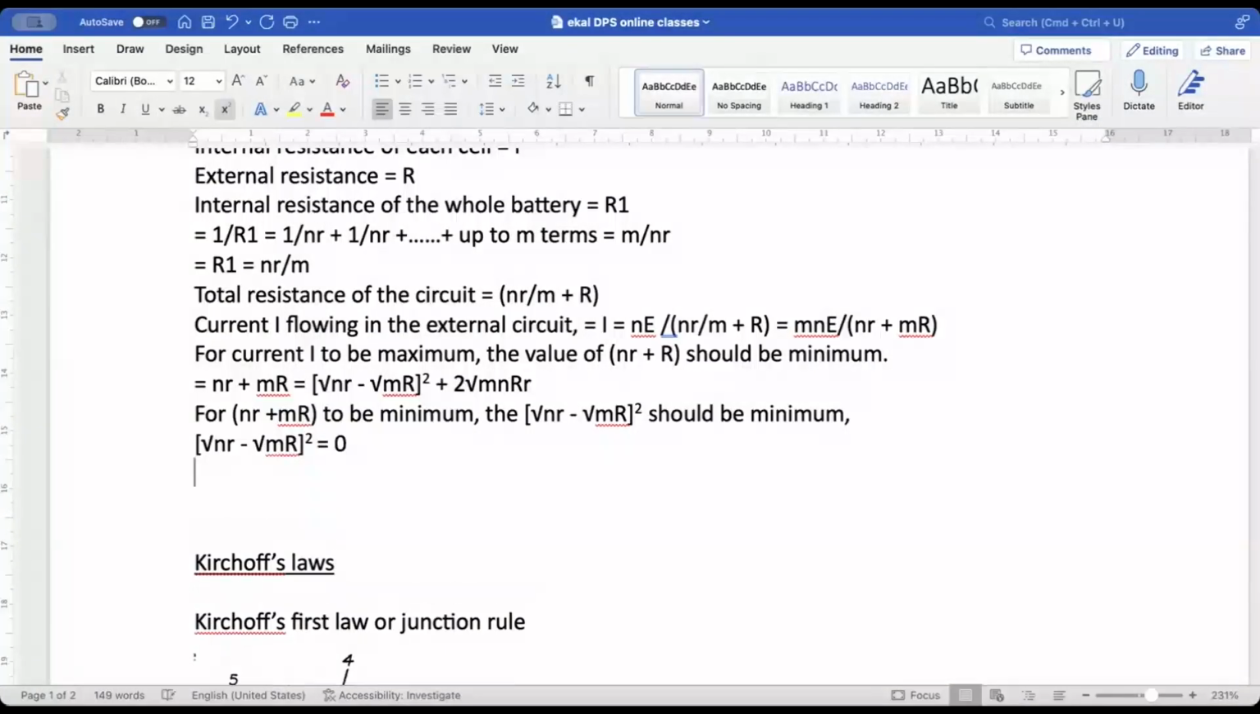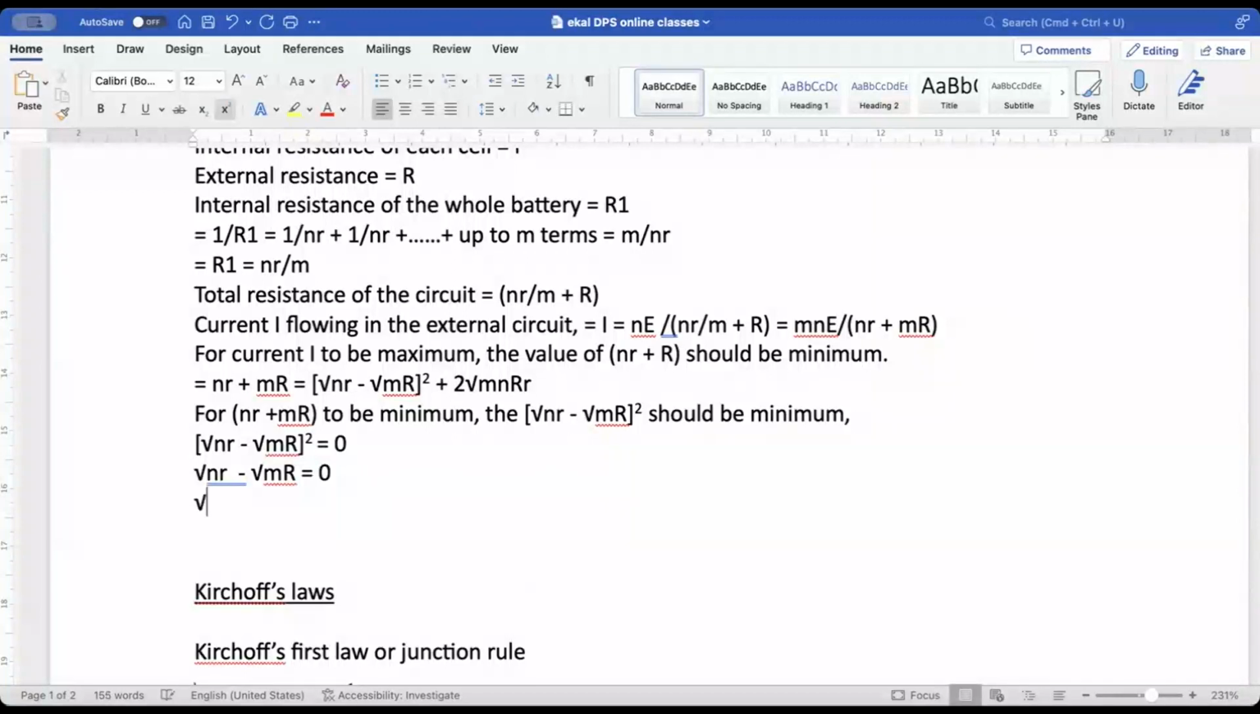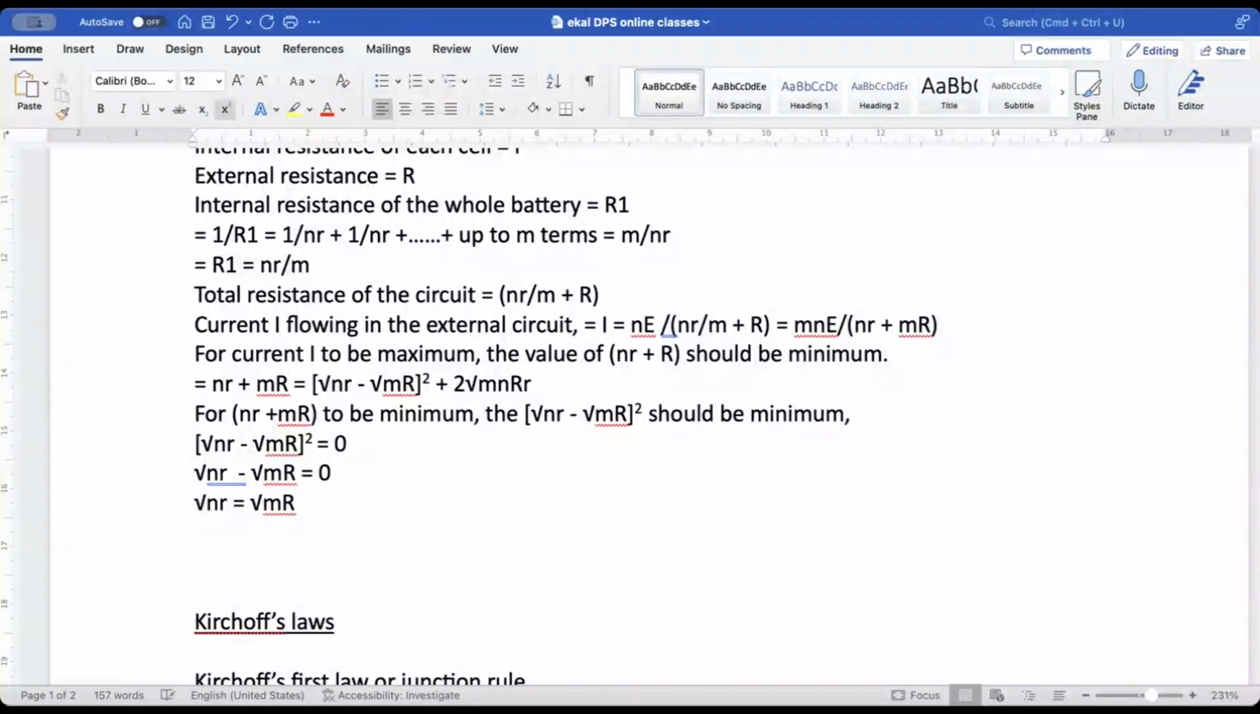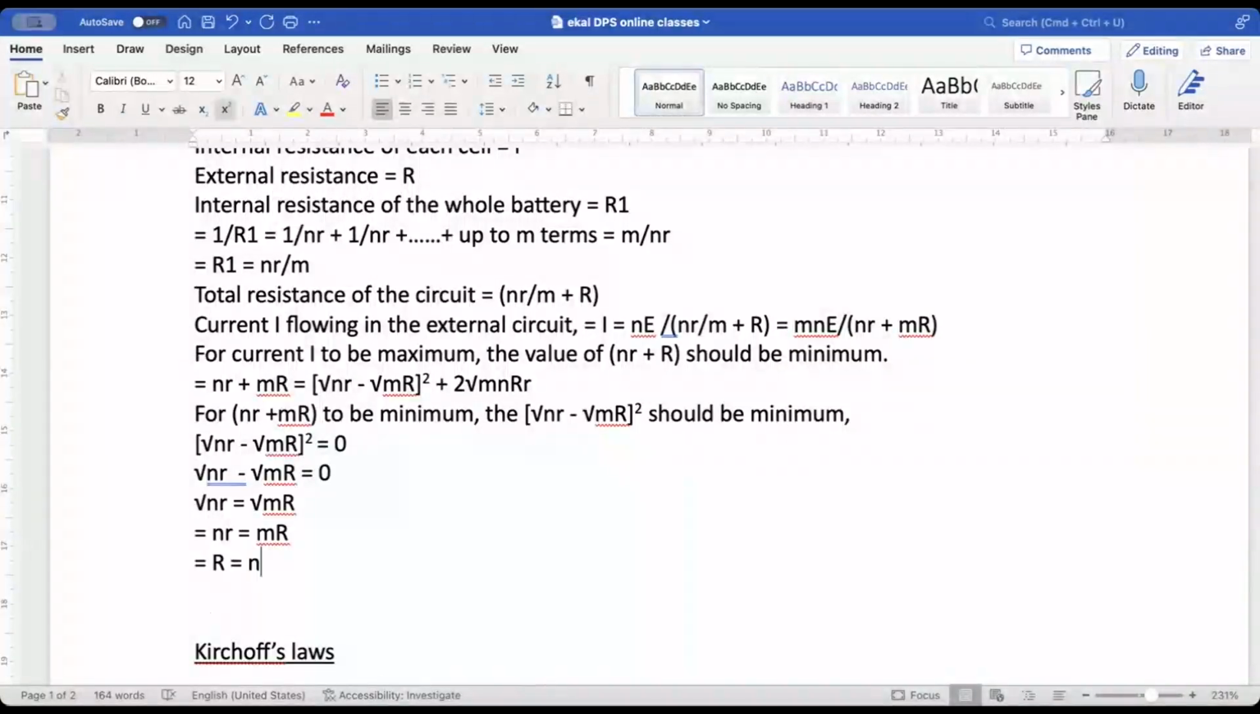This is 0, or it can be written as root of NR is minus root of MR equals 0, or root of NR equals root of MR. So we can cancel root on both the sides, so we get NR equals MR. And from this, we can calculate the total external resistance R, which is equal to NR by